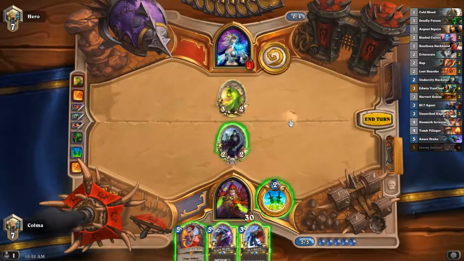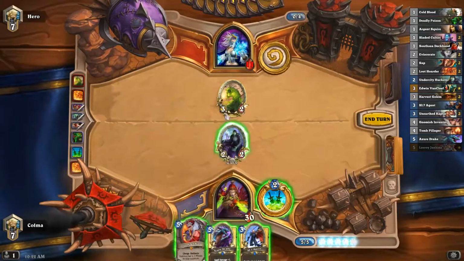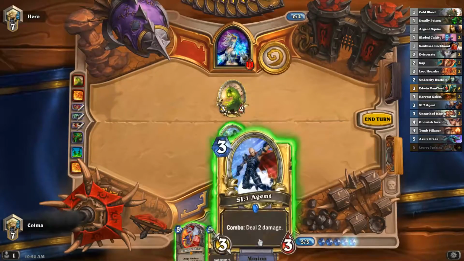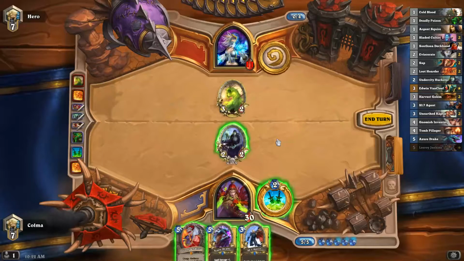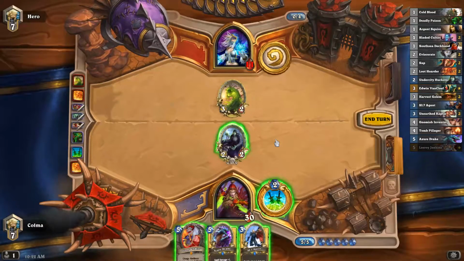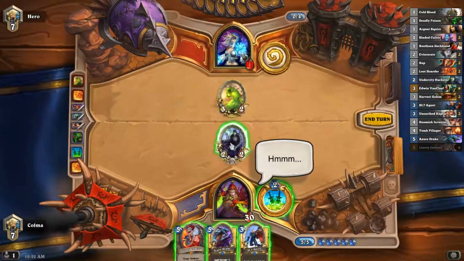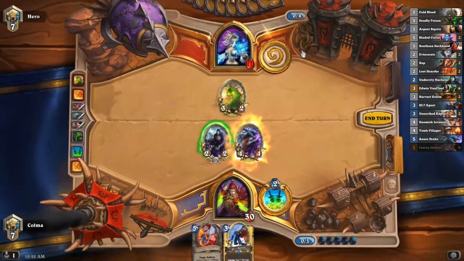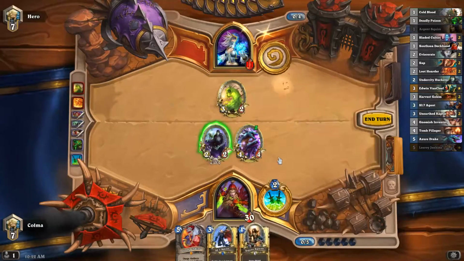That's... okay, so we don't quite... Aw, that's... Who runs Ooze? I never see Ooze in Mage. If I could combo into the SI:7, I think I would, but we can't quite do that. Unless we get a card, we can do it with killing the Huckster, but then it kind of loses the point of comboing it. So I think I'm just going to play the Azure Drake here. And...